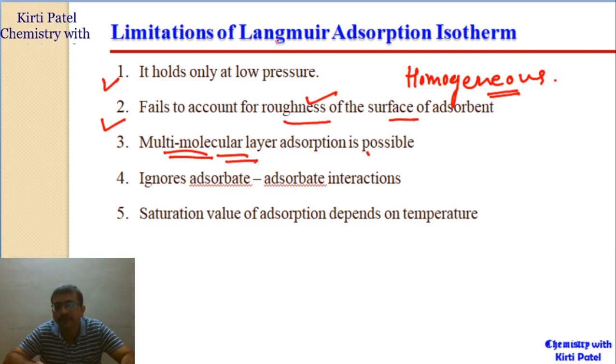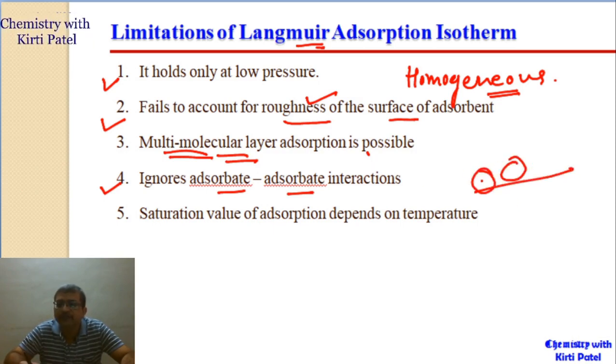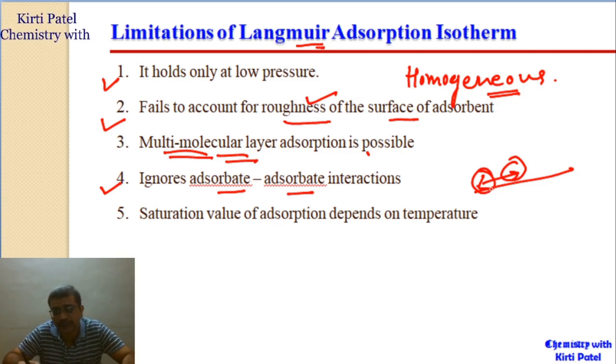That is, it is very good for chemical adsorption processes, but for physical adsorption processes, Langmuir's adsorption isotherm fails. Similarly, it ignores adsorbate interactions. That is, for the molecules which are already occupied, it assumes that there is no interaction between them, but in actual practice, it has been observed that these molecules also interact with each other, as they are in very close vicinity.